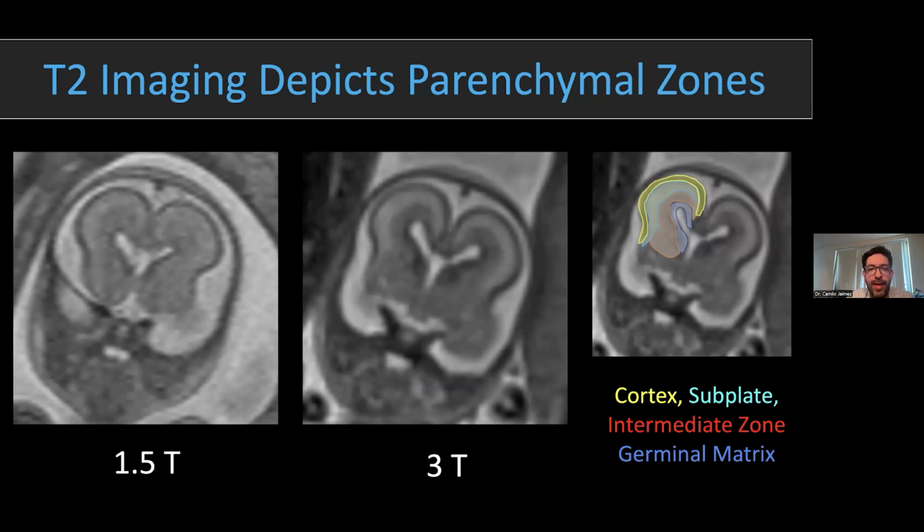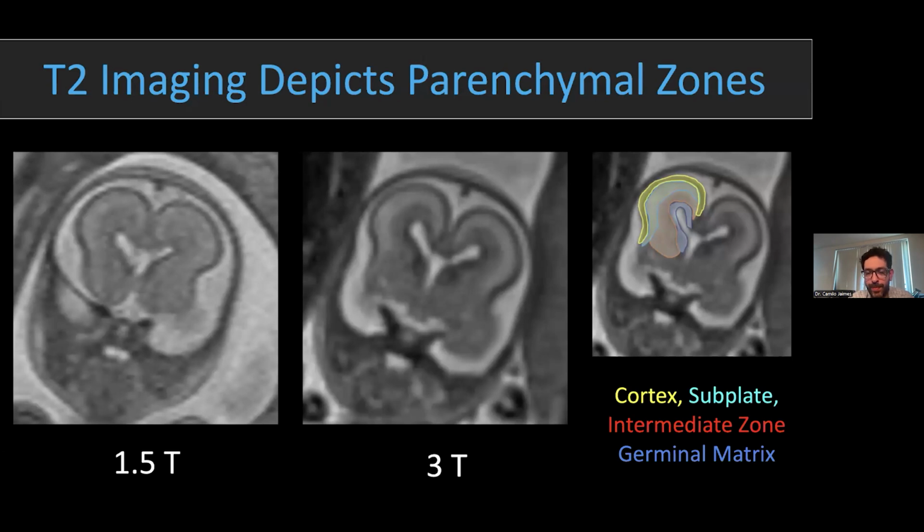So if you look at a comparison between two 23-week-old fetuses, one at 1.5T and one at 3T, at least to my liking, the one done at 3T has nicer delineation of that zonal anatomy. Those are outlined on the right side of the slide, but I think even looking at it at a distance, you get to see the dark germinal centers, the intermediate zone, the bright subplate, and then the cortical plate really nicely. So I really, really like it when I'm evaluating zonal anatomy, and it is my go-to to look at